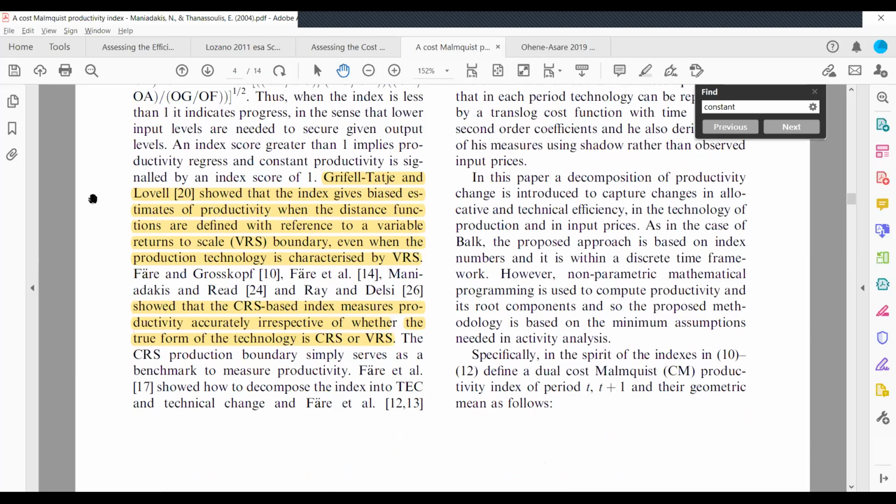So for me, this is what I wanted to indicate, that if it was estimated, if you did your test,